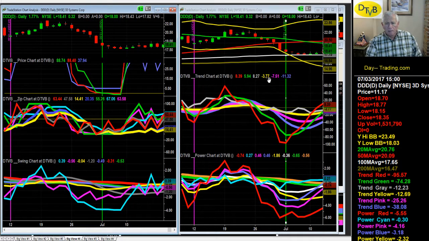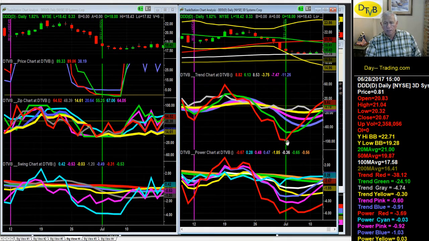But the thing that first of all, I want to point out is I want us to always look at the 7 short-term trend lines. And those are in 3 groups. They're the trend trio right here on the trend chart, and that's the yellow, pink, and blue lines. They're a little wider than the other lines. They're obviously easily recognized because they all move together. They all cross 0 on the same day. And they give us